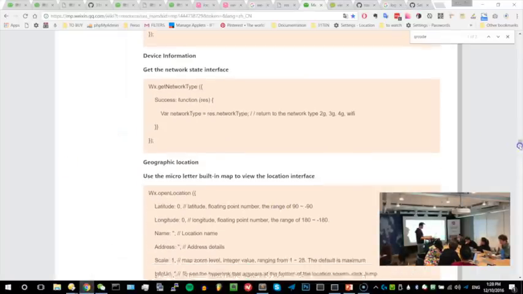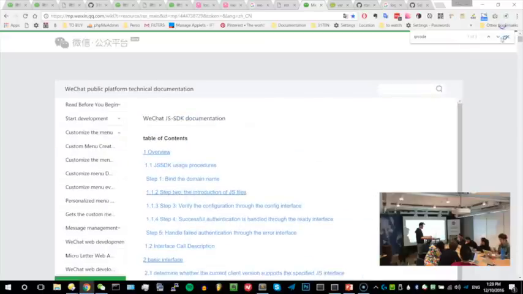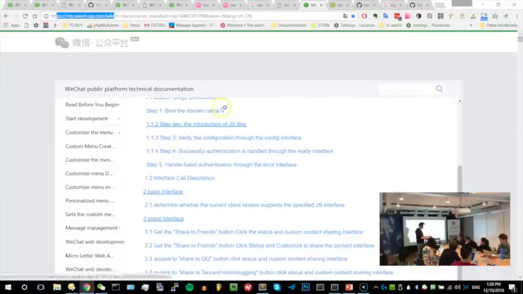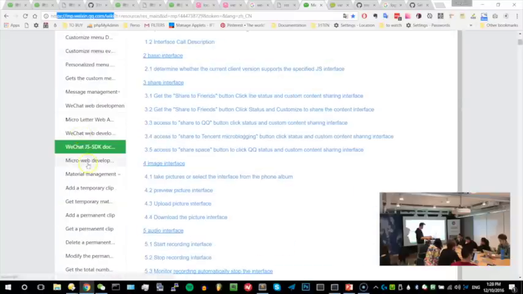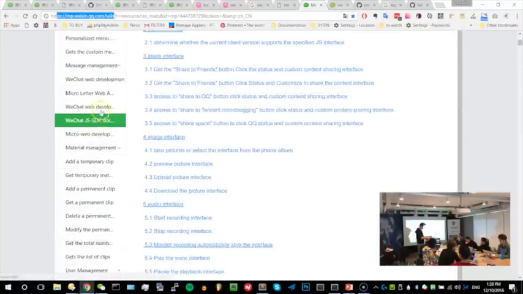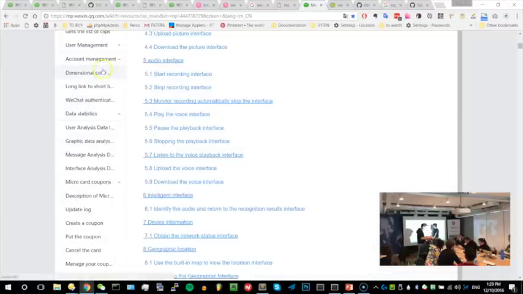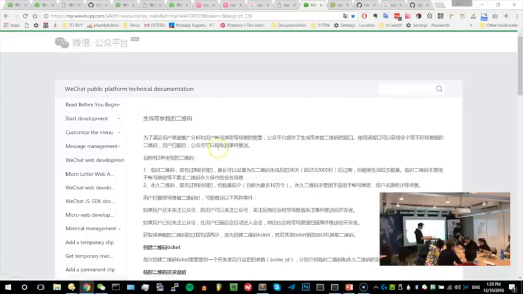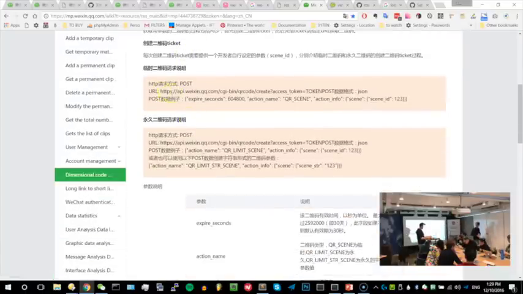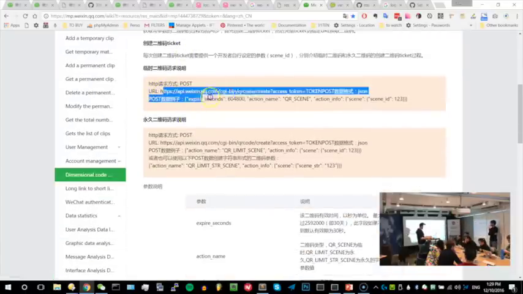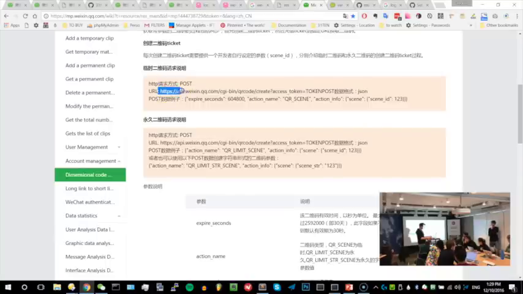So I'm gonna just show you how I access that. I just went to mp.qq.com/wiki, and then I was looking, there's lots of stuff here. Oh, cool. Yeah, this one exactly. So we go on this one, and then we have all the documentation, and as you see, they say the URL, what you need to do, that's exactly the code we're doing.